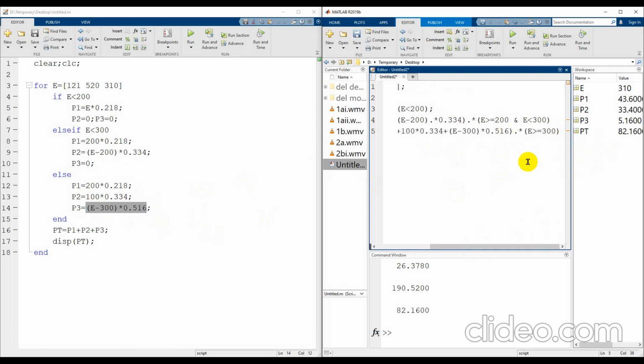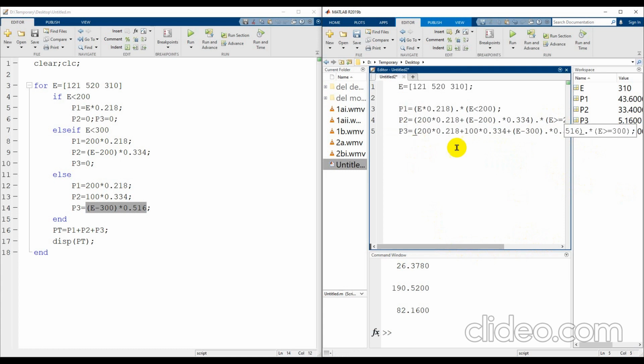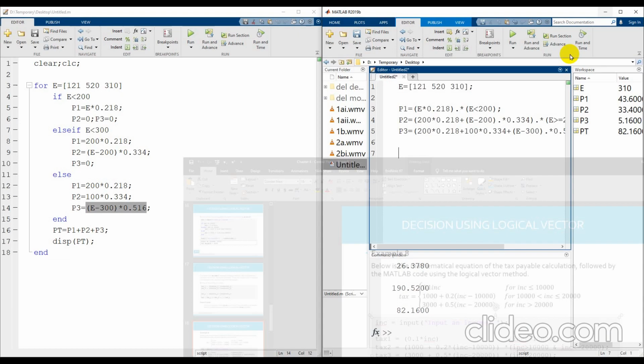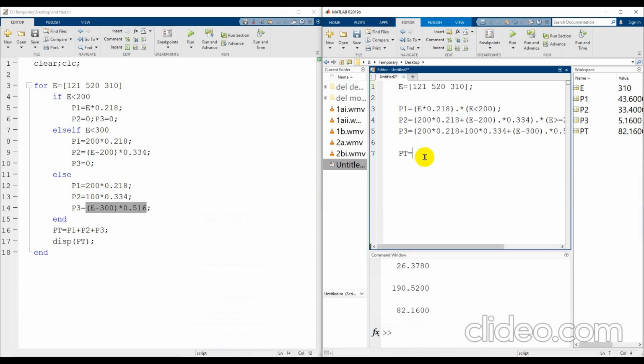okay, so of course don't forget this is, okay, array operation, so no need to worry about this, only the multiplication, okay, and of course remember when you do vectorization, okay, you have to add everything, so Pt is equal to P1 plus P2 plus P3, okay,